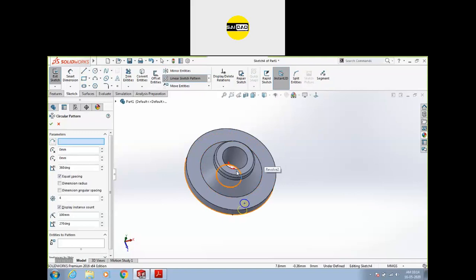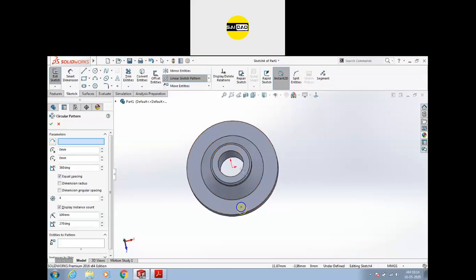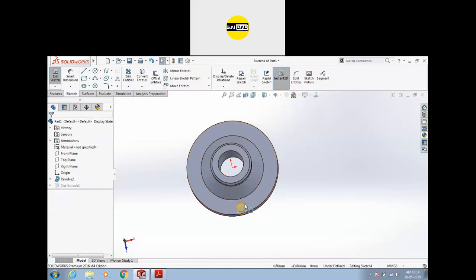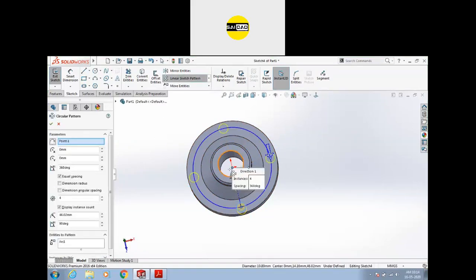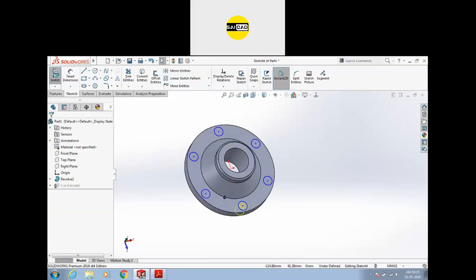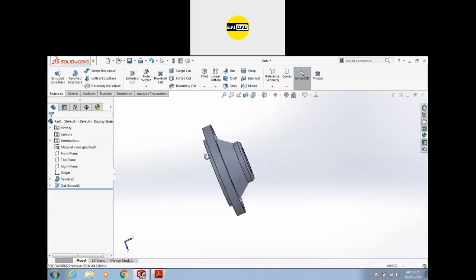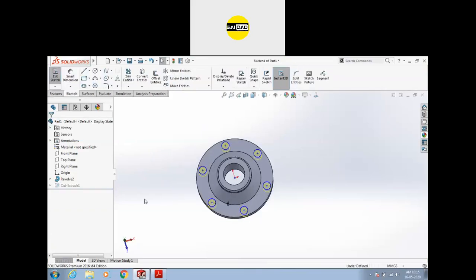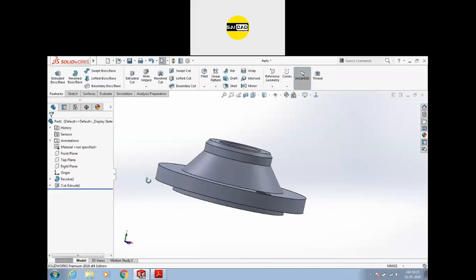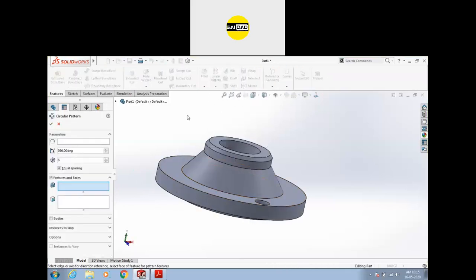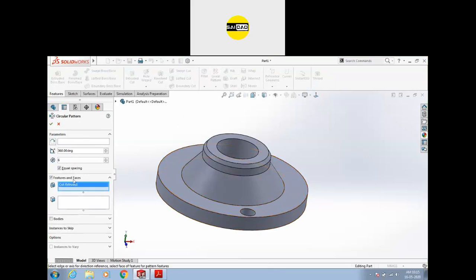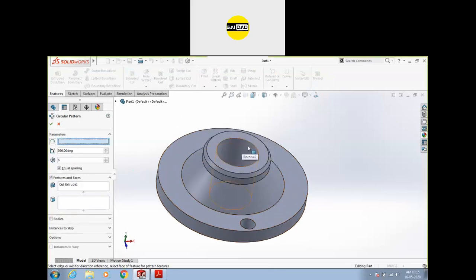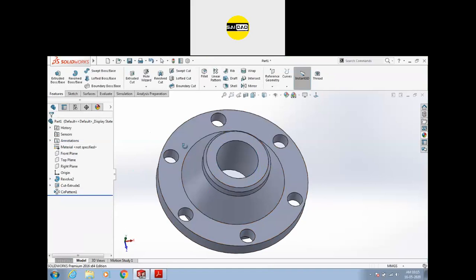So you can just select the axis of rotation. Okay. Select the object. Go to the circular pattern. It will automatically select the center, or you can change from here. Define the number of items just like this. It was easy, and we can also create with the help of circular pattern from 3D object. Select the object. Okay. Select the axis of rotation, number of items, and like this.